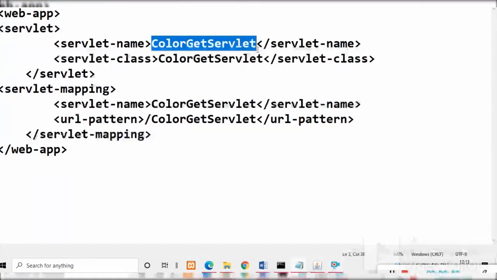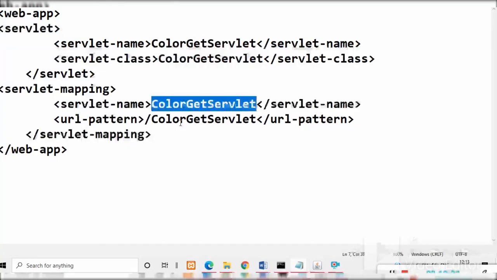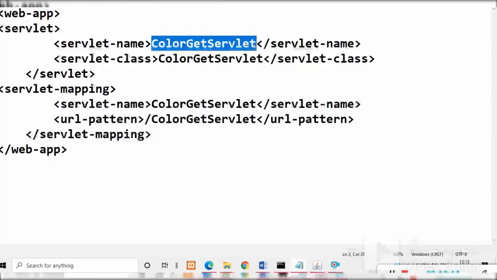You should paste the name of the Java program. Now the name of the Java program is ColorGetServlet. Same thing, ColorGetServlet in servlet-class, then servlet-name ColorGetServlet, and URL pattern also slash ColorGetServlet.